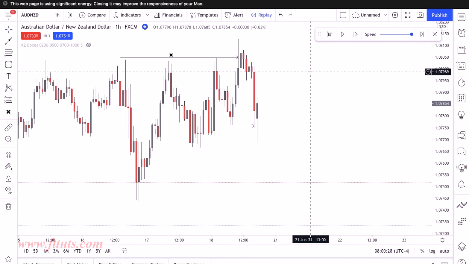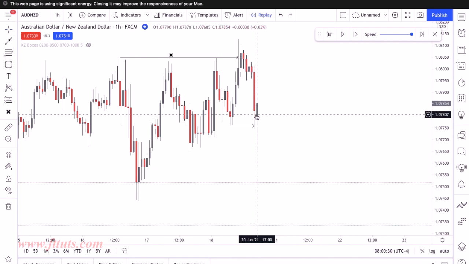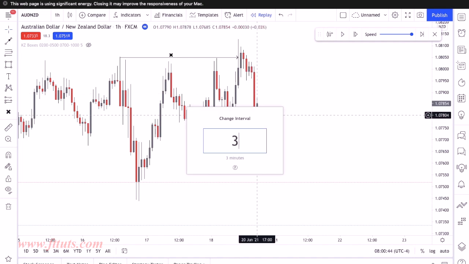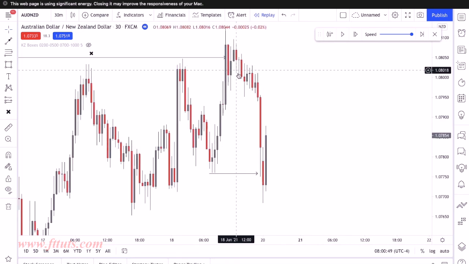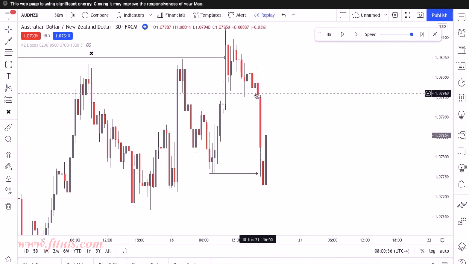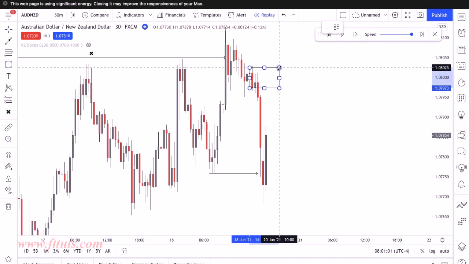So once I got that minor break of structure, right, I started to look for potential areas where I can sell off from. Now, what can we identify here, right? One, we can identify that this is imbalance, right? So we know price has to pull back to fill in that imbalance. But right before this imbalance, what can we see? This nice drop, base, drop, right? And it's much clearer on the 30-minute. So we can anticipate a drop and then a base and then a drop which created imbalance. So price must pull back to fill in that imbalance and it will mitigate off of this very nice supply zone,